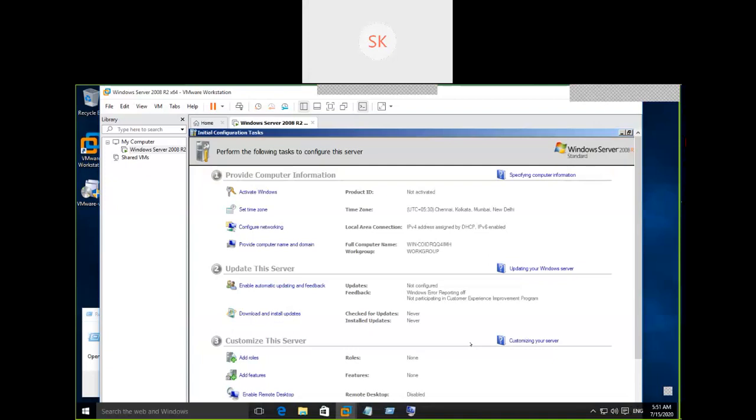Now we need to do the basic configuration on this Windows server. Whatever server we install, we need to confirm the basic configuration. So first we need to understand what IP is assigned. To send communication, we should have an IP address, right? What is the IP? What devices are connected? Is the network card available or not? Close this screen.